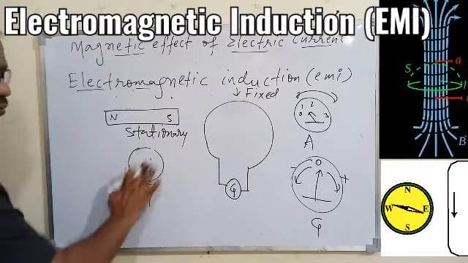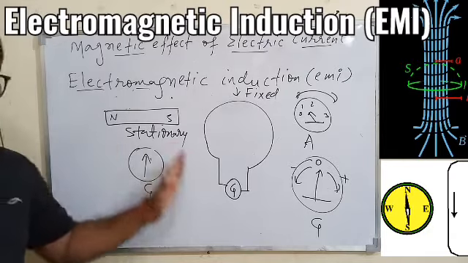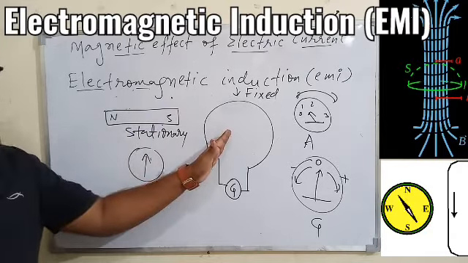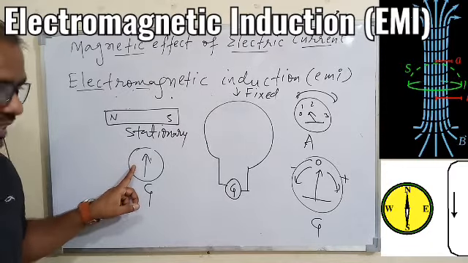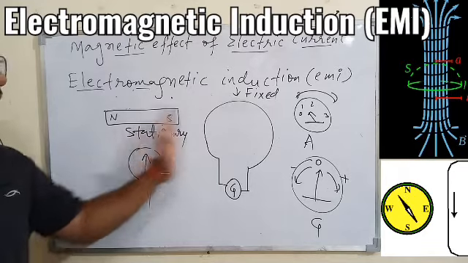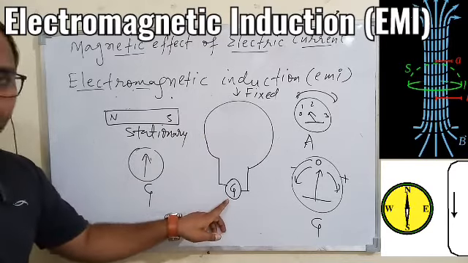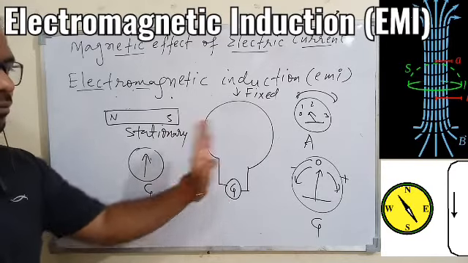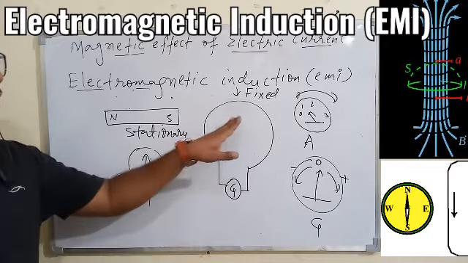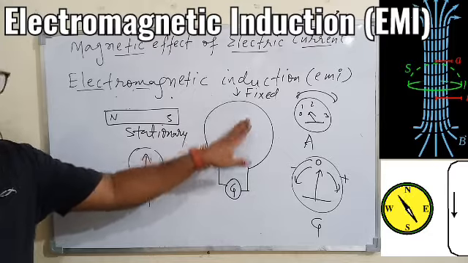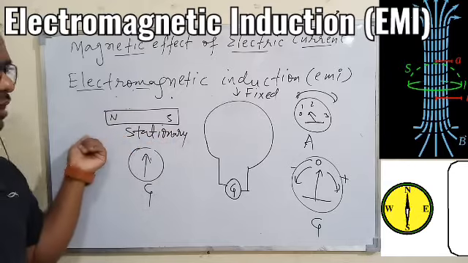And if the magnet is stationary, meaning it's not moving, what will happen? There will be no current in the coil. When the magnet is stationary and the coil is also fixed, if both are at rest, the galvanometer will show 0 reading. The time you start moving the magnet to and fro, forward and backward, the galvanometer will show deflection in both directions. It means current is flowing through the coil when the magnet moves towards or away from the coil.